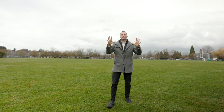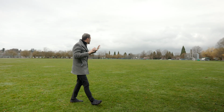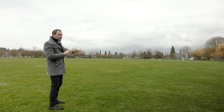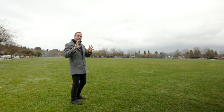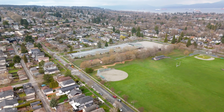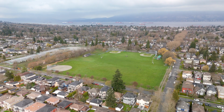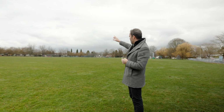Okay guys, welcome to Carnarvon Park. This I believe is the largest park in the Arbutus, Vancouver neighborhood. We additionally have Carnarvon School, as we discussed earlier, over at the back corner again. We again have 3 baseball diamonds, and you can see the football